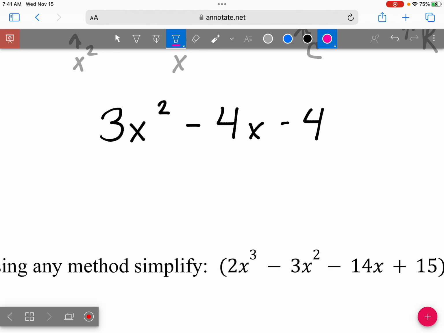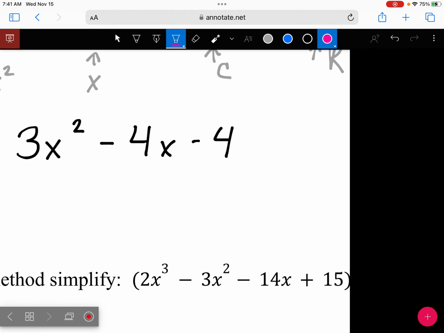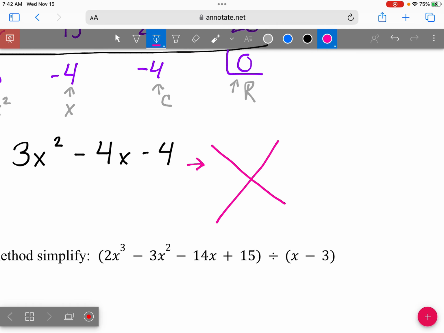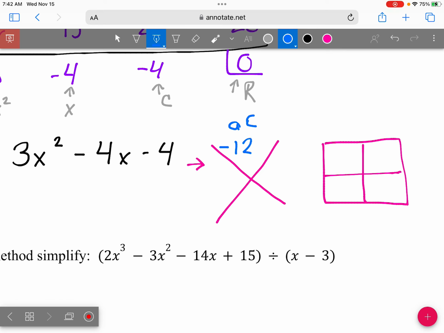So we're going to come down here to our answer from the first part, and we are going to factor this. I'm going to do that with our x and box. And this one's a tricksy one, because we put our a times c at the top. What number is going to go at the top of our x frame here? Very close. -12. Our b goes at the